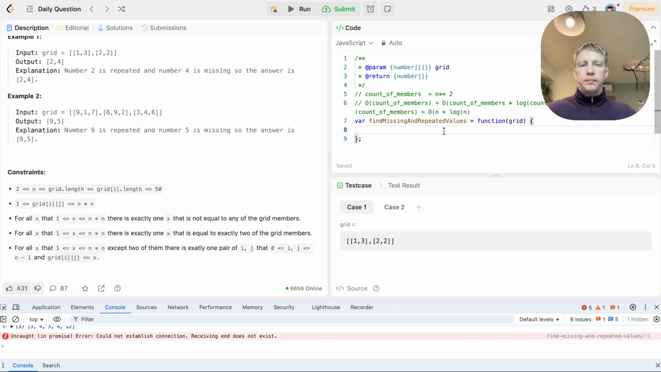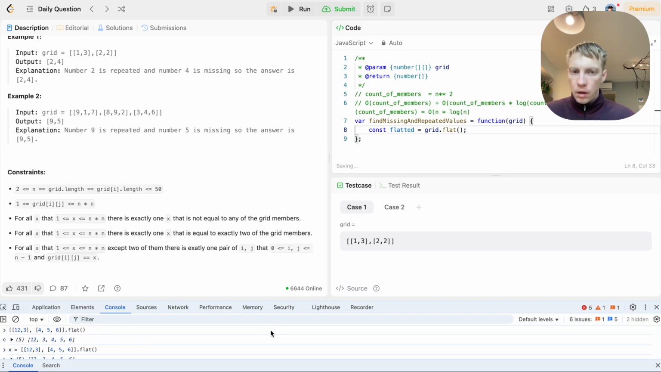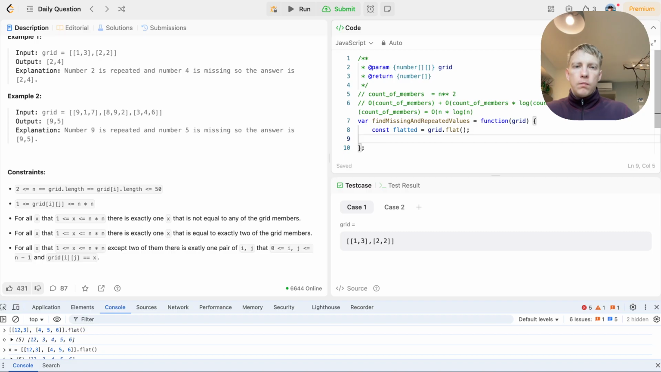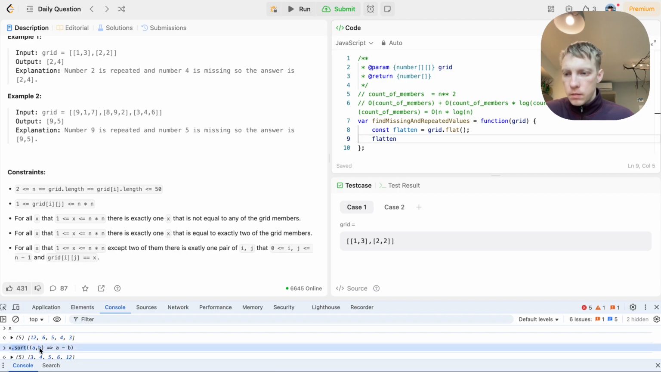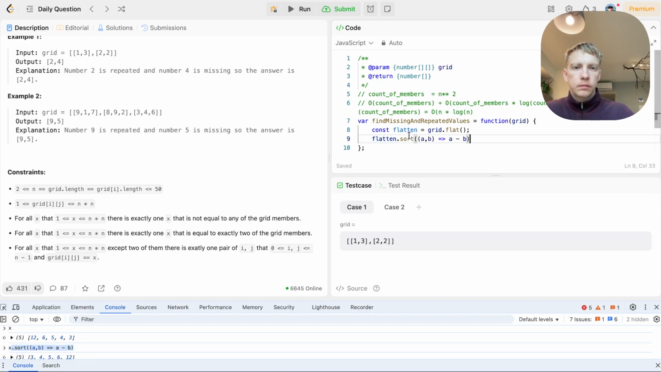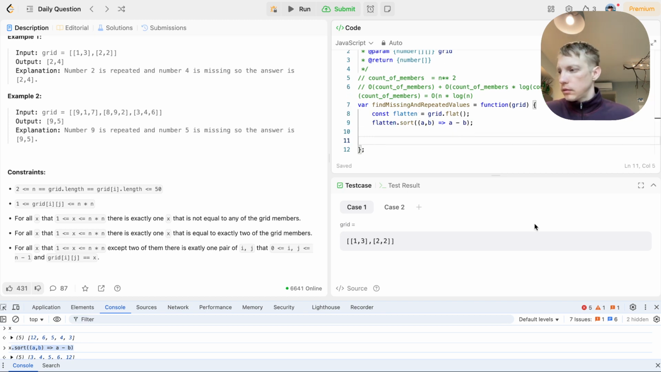Okay, let's start. Flatten is equal to grid flat. Flat? Yep, flat. Flatten. After that we should sort it. How are we sorting it? A minus B. That's it. And after that,